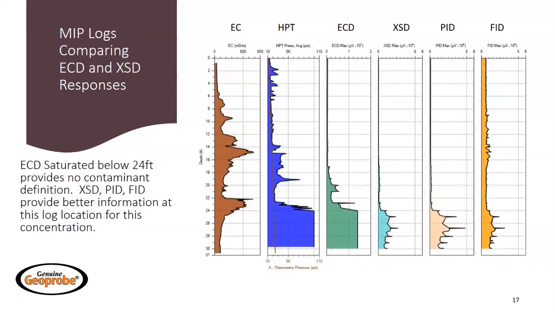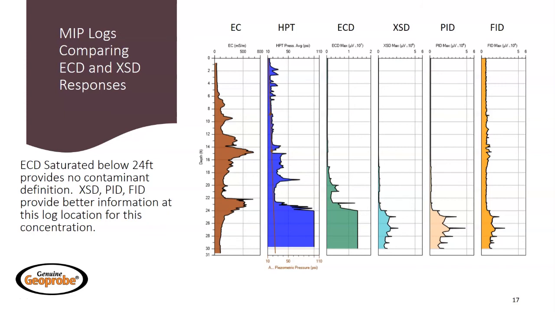In this log, initial responses are at approximately 17 feet with the main body of contaminants starting at 24 feet to the end of the log in a low permeable zone as indicated by the high HPT pressure. The ECD has saturated at 24 feet and offers no definition. The XSD, PID, and FID are all also responding, so we may again be in a PCE contaminant body, and we see some slight reduction in response mass on these detectors once the end of the log has been reached